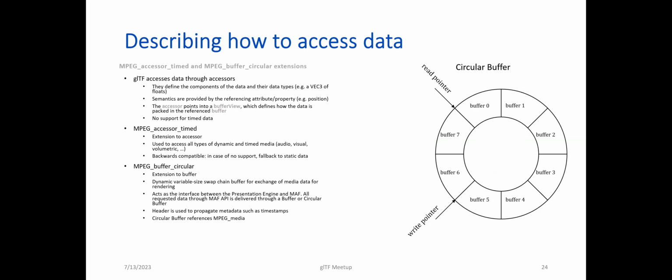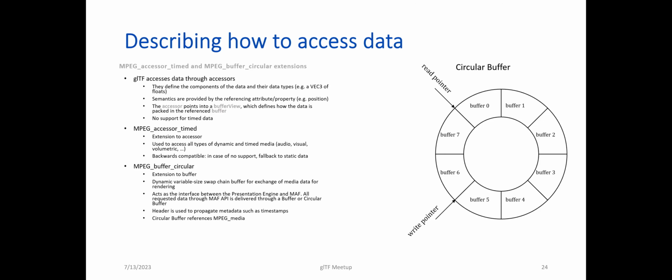Then the buffer itself and the timed accessor. The buffer itself, I said, is like a circular buffer. This extension will tell you that this buffer is circular. It allows the buffer management then to create such a buffer with the recommended number of frames in the buffer, to smoothly operate this media pipeline.